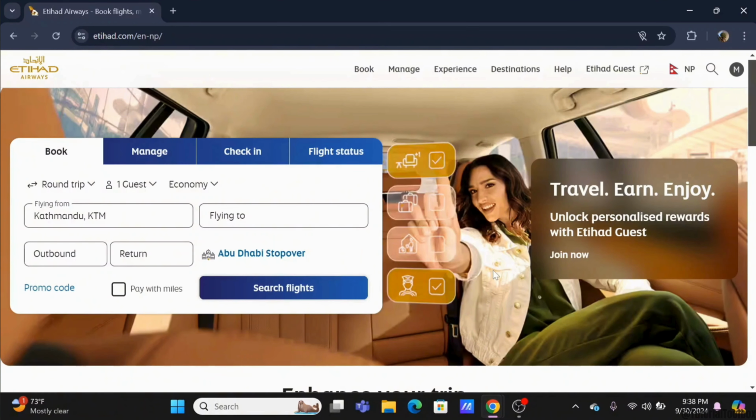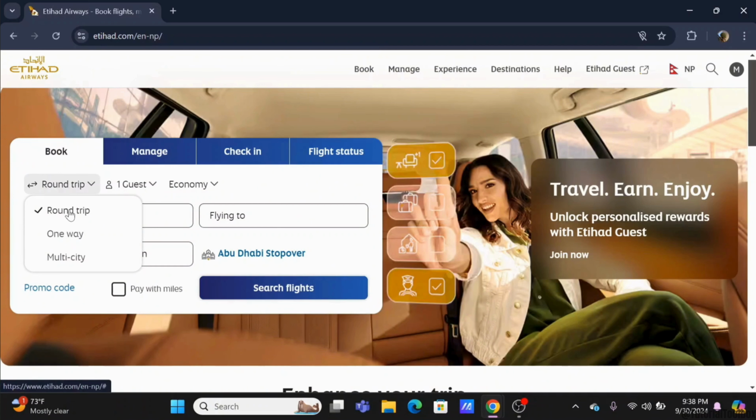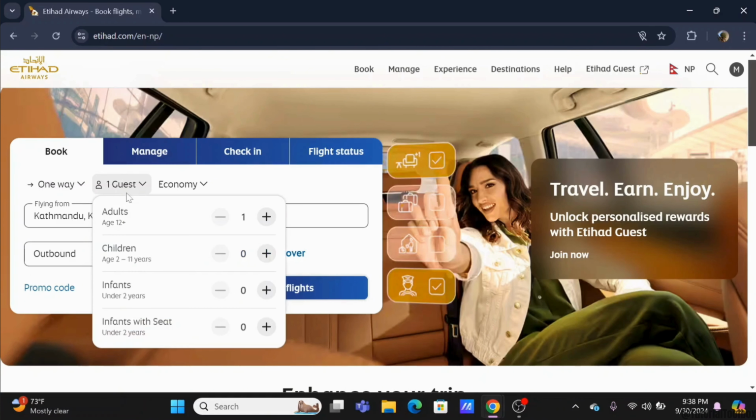To book the ticket in Etihad Airways, first and foremost, in a preferred browser, search for etihad.com. You'll be redirected to an interface like this. Tap on the round trip option to select if it is a round trip, one-way or multi-city. Then select on the guest option